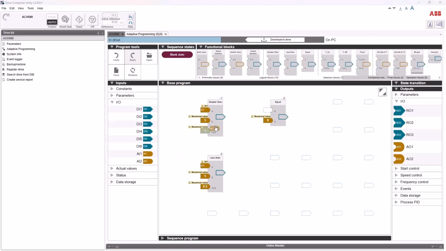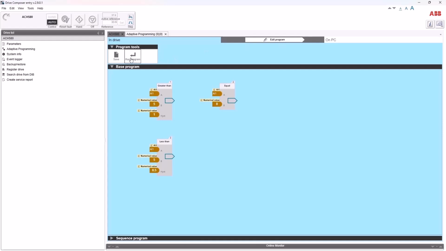We need to download to drive, and then run program. So currently our analog input is at 6.3. Compared to the value of 5, it is greater than, it is not less than 5, and it is not equal to 8. So if we increase our analog input,